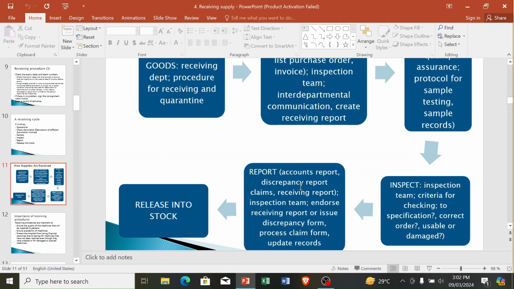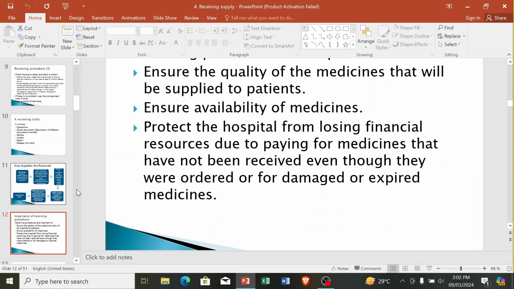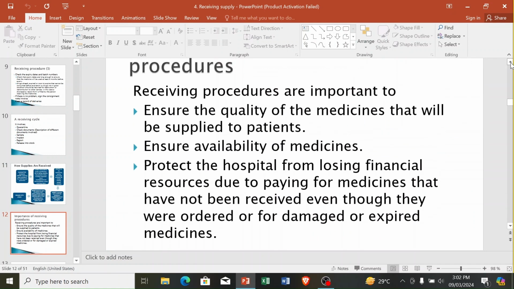The inspection team has to endorse all these different reports before the discrepancy form is taken back, because a discrepancy form and a goods received note guide us to know what medicines we are paying for, which of them came in good conditions, and how much we owe the